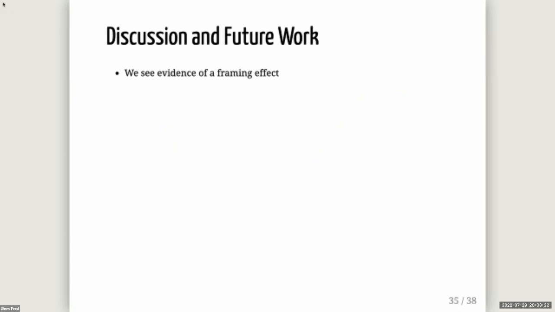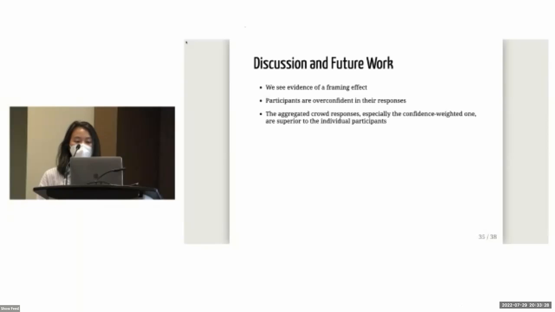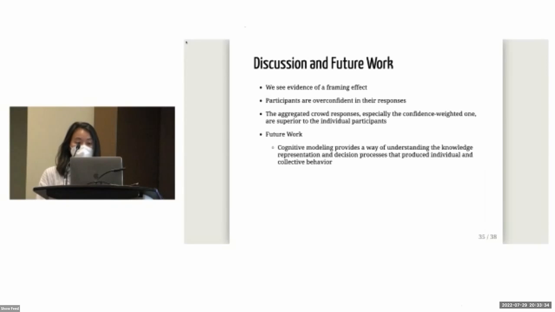So to summarize, we see evidence of a framing effect. Participants are overconfident in their responses. The aggregated crowd responses, especially the confidence weighted one, are superior to those of the individual participants. And to move forward with future work, we want to have a cognitive model that applies to this task. Cognitive modeling would provide us a way of understanding the knowledge representation and the decision processes that produced individual and collective behavior. And we want our cognitive model to consider an individual's expertise, their confidence in their selection, and